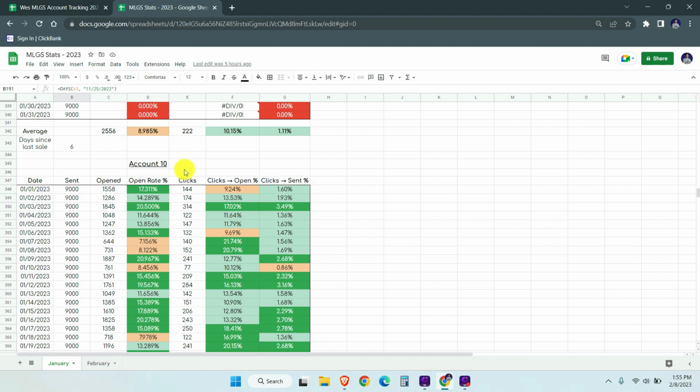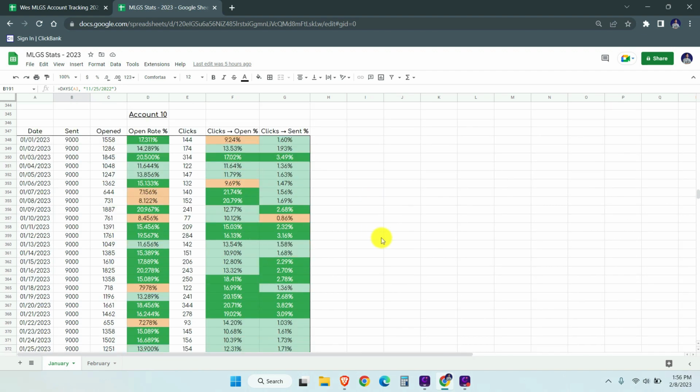So my 10th, 11th, and 12th account, if you've watched my first and second video that I made on my MLGS stats, I started implementing this at the end of December, so December 30th to be exact. And you can see it's been a lot of green,